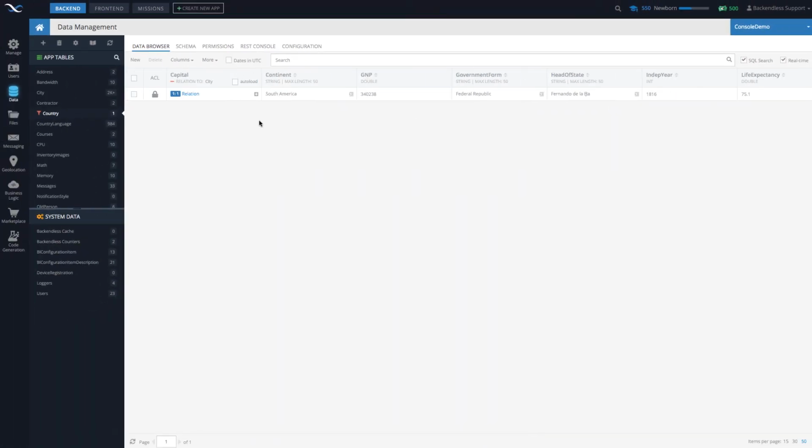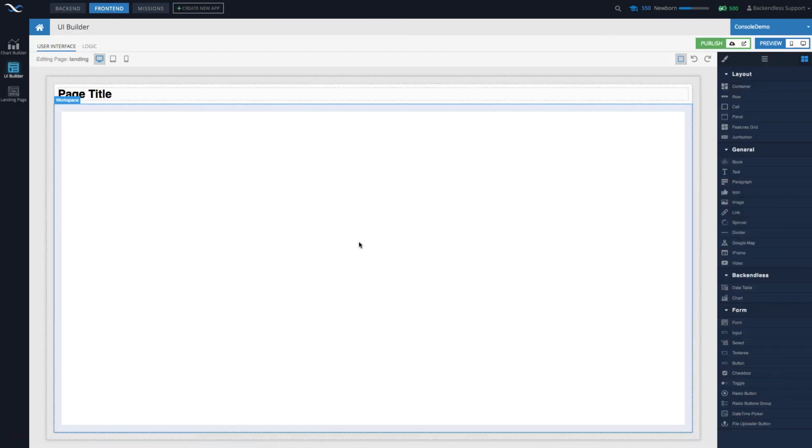So now that you understand the structure of the database, let's go back to UI Builder and start creating the UI that will populate data from the city table. The use case that I will be exploring is very straightforward. All I want to do is to display a list of the cities and possibly display a list of the countries that those cities are in. The very first thing is going to be just to display the list of cities.